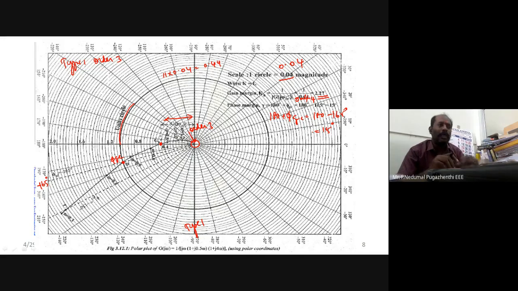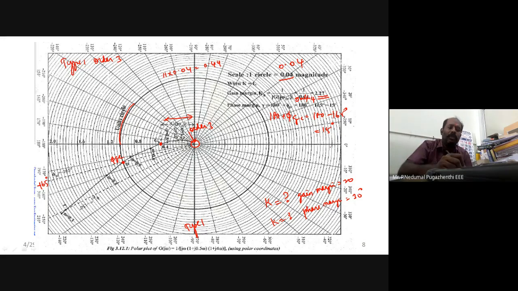Don't worry about that. But we have two case studies. What are the two cases? One case is we have to find the value of K when gain margin is 20, and what is the value of K if phase margin is 30 degrees? Now your gain margin is 2.27, exactly, it is not in decibels. It is in magnitude value. But if you take 20 log of that, you will get the decibel value.